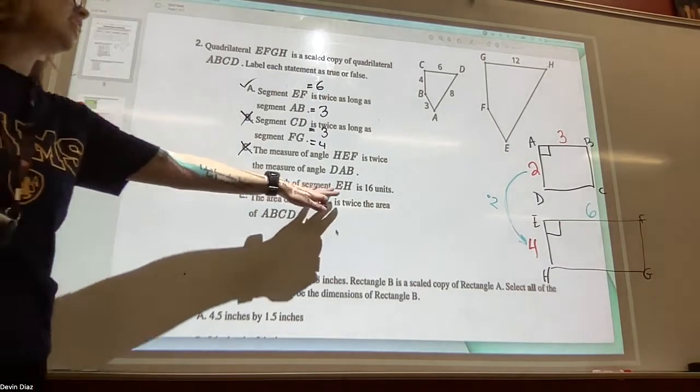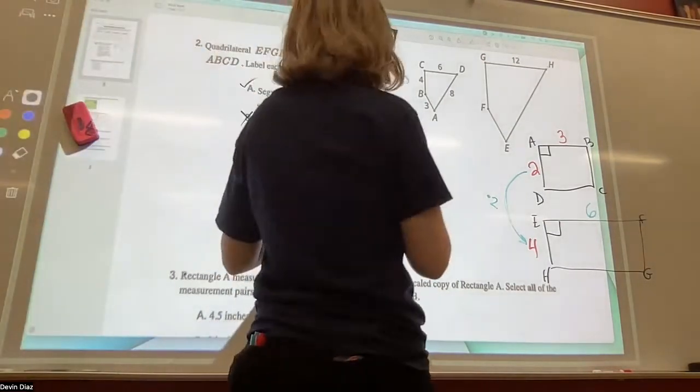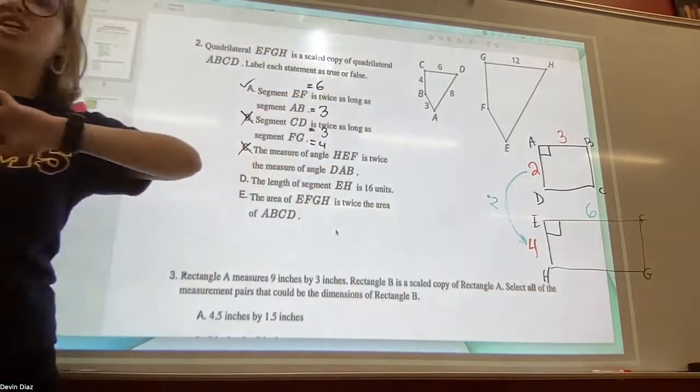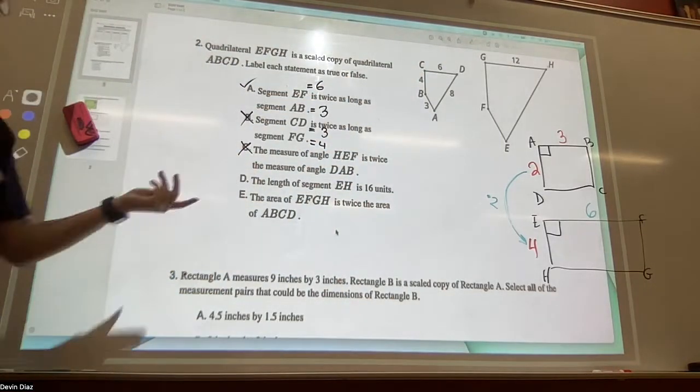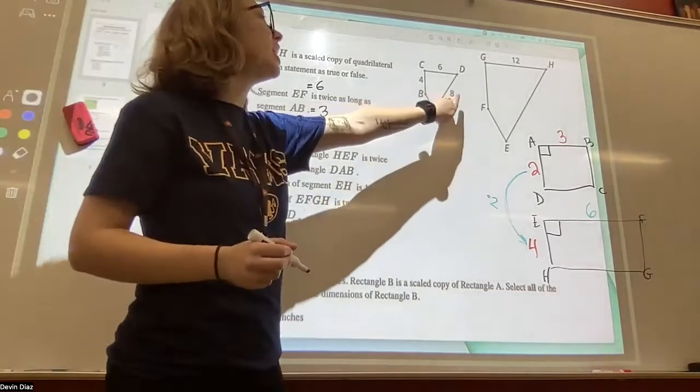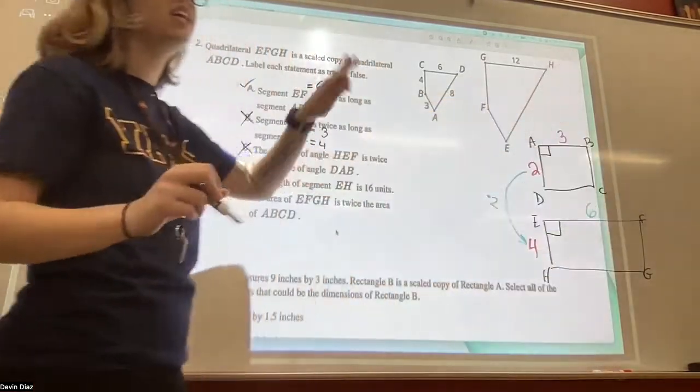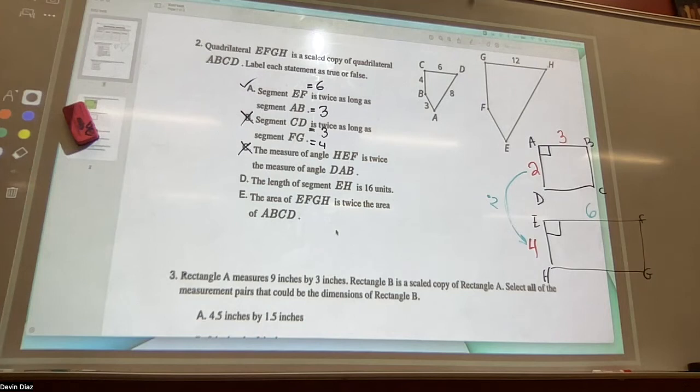This next one, it says the length of segment EH is 16 units. On the test, was that accurate? Yeah, on the test, it was accurate. Because here we've got 8, we did the times 2. So on the test, it was accurate. Here, I'm not going to change it. Then that last one,